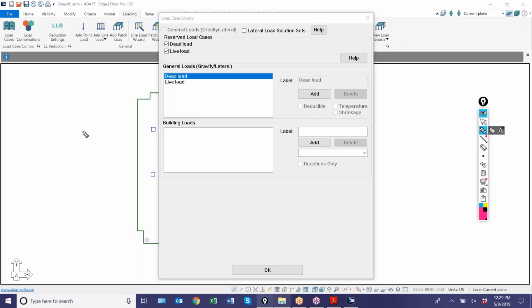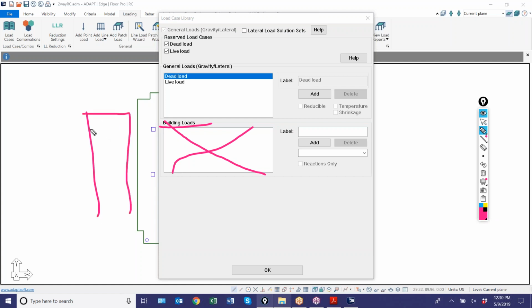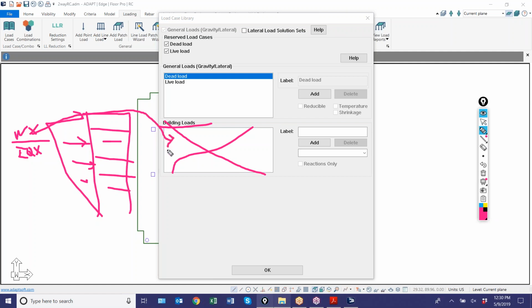There's also this classification called building load. This is not applicable when we're working in single level mode. These loads are only solved for when we run a multi-story analysis. So if you have a multi-story frame and you have, let's say, a distribution of story forces on this structure, and these story forces in this direction we're going to call wind X, and maybe they're auto-calculated by the program. They might also be EQX. These types of loads are stored here as building loads, and they're only solved for, again, when we run the